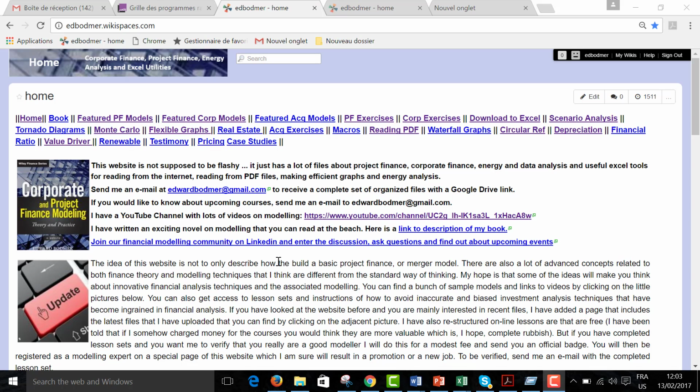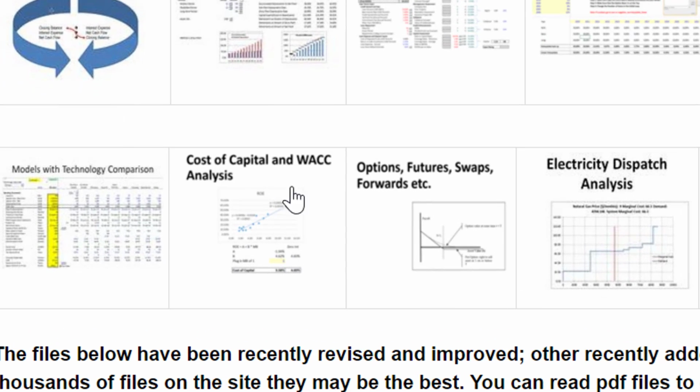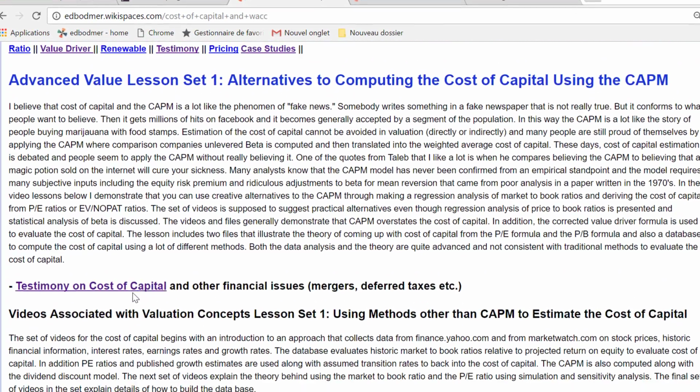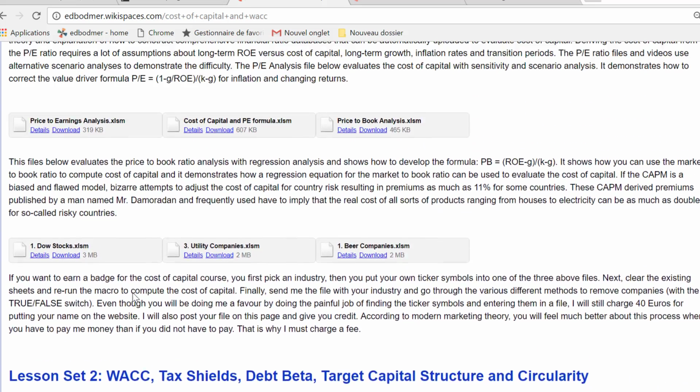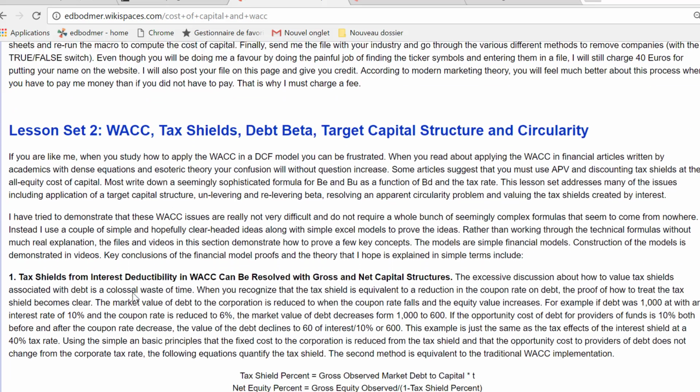Okay, I'm just about finished with valuation and the weighted average cost of capital and the tax effects of interest and this kind of difficult issue, which is not so really difficult. And if you go to the website, I have these things on computing the cost of capital, and then I